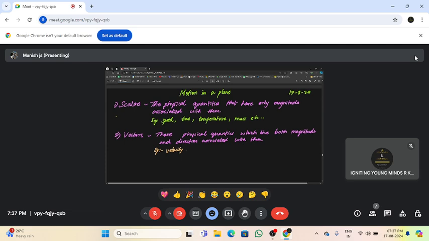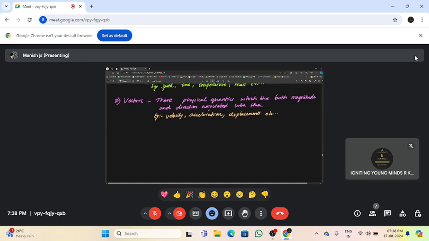Velocity being a vector, you also have acceleration, you can say displacement. Like this you have different examples, children, wherein you have both direction associated with magnitude. So that's the idea about scalars versus vectors. You just need to have a subtle idea between these two physical quantities before we proceed any further.